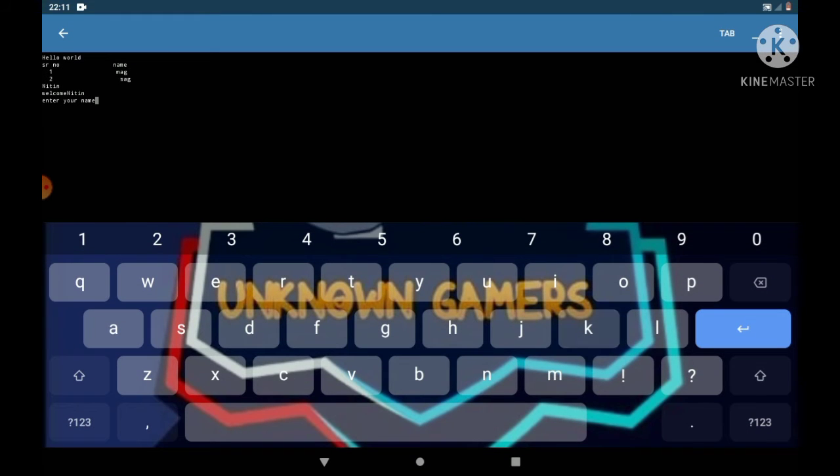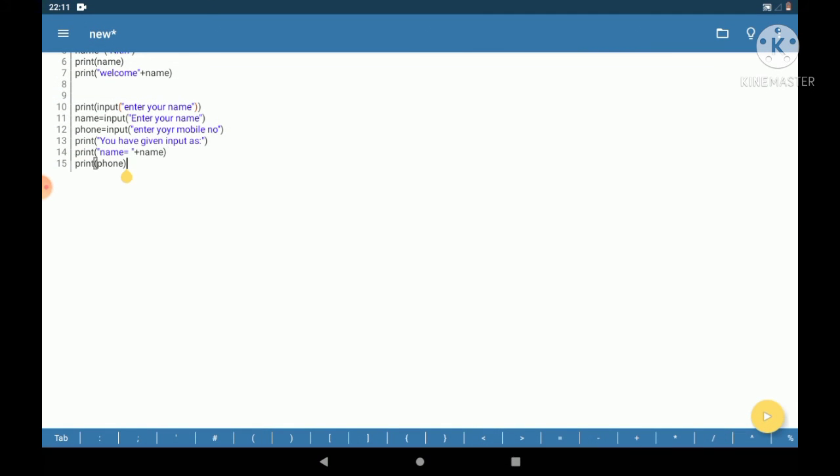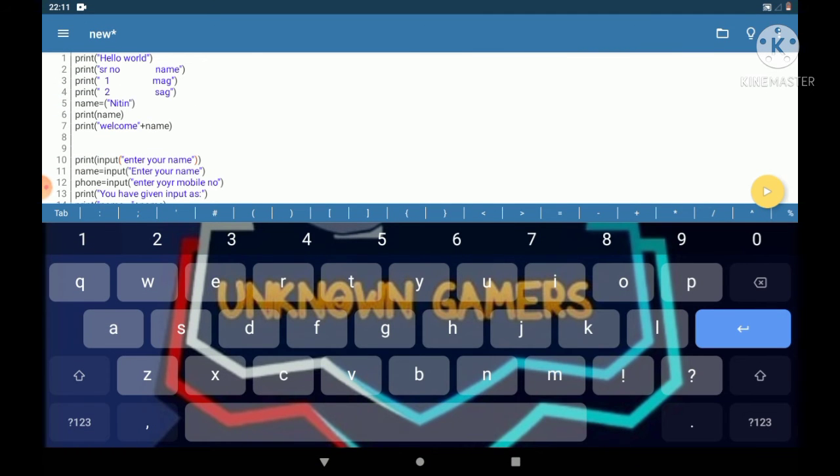See, kj, kl. Now let me type the name Nathan. Now phone number 88767, anything. Now you can see you have entered input as name is equal Nathan, and you can assign the phone value like this only. So this is our simple input function, how we can take input and how we can show output to our programmers, or we prompt a string and it returns in output. So this was how to take an input and how to give the input.